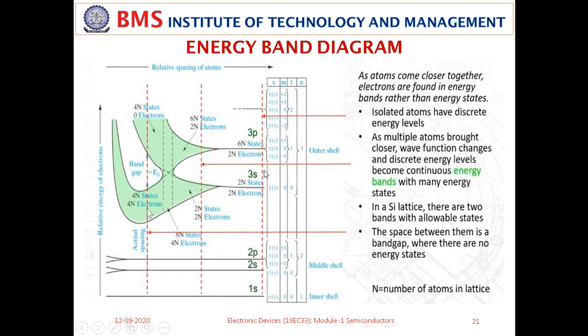Any questions about this before we proceed to the next topic of today's class? I hope you understand this topic. This is a very simple thought-process kind of diagram, where you will understand the situation in which many atoms are brought together, and how exactly the conduction band and valence band formation takes place.